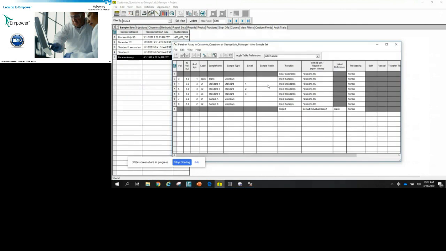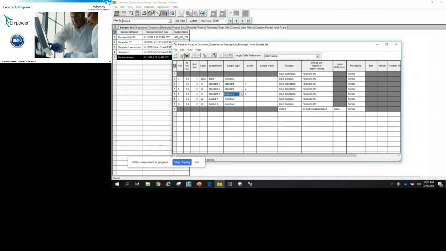We cannot change the function post-run, but we could change the sample type post-run. So if this was supposed to be a sample and I've labeled it a standard, I do have the ability to come in and change it to an unknown.